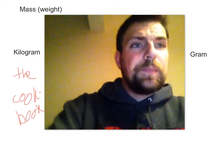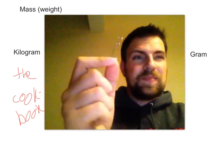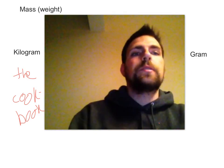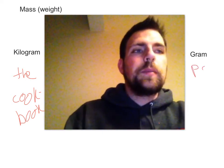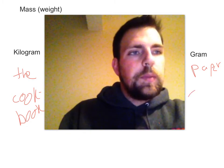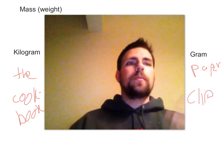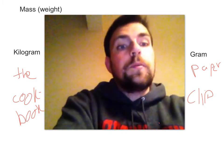The gram is very, very light. A gram is about a paperclip. So not very heavy at all. Pretty easy to work with. So I write paperclip. There should be an E in there. Paperclip. And then, obviously, you're not always going to be carrying around a kilogram and a paperclip. So, when you write them down,